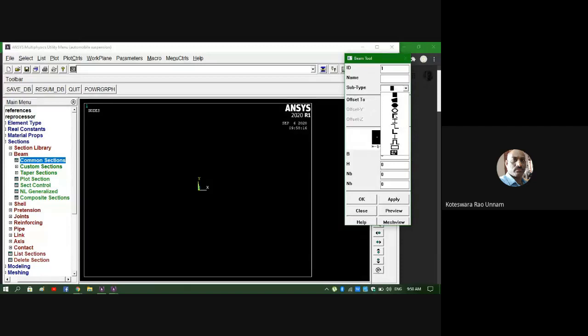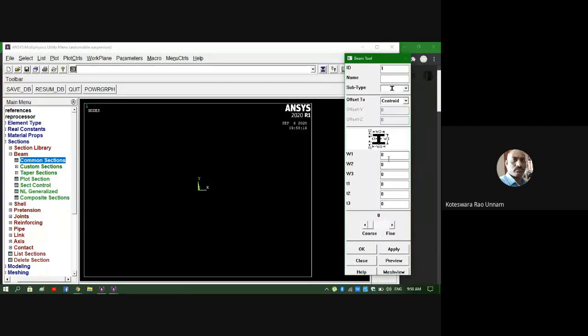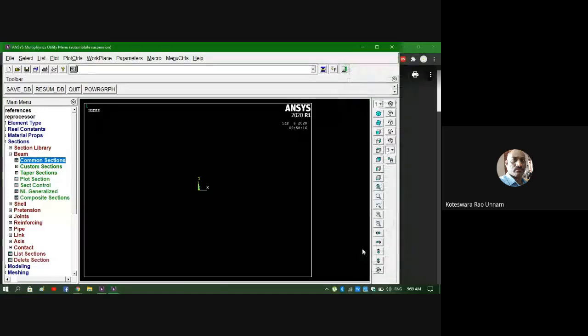Then you select I section as your beam section. Then you give the values 0.246, 0.246, 0.616, 0.008, 0.008, 0.006. Then click apply, I'll call it OK.